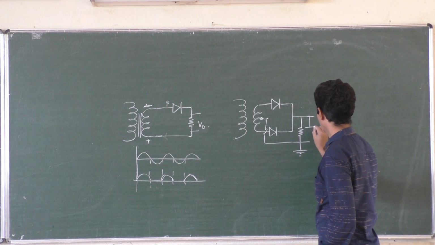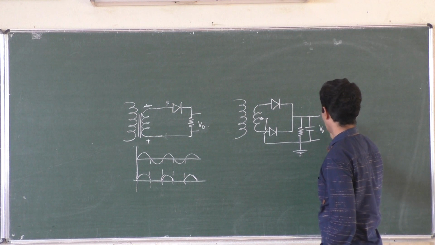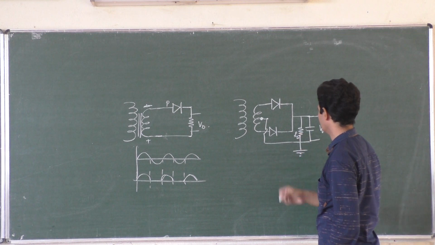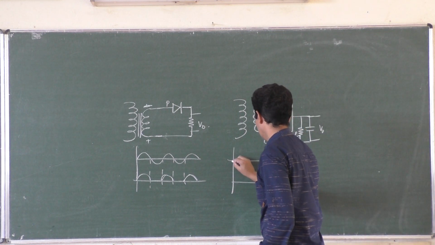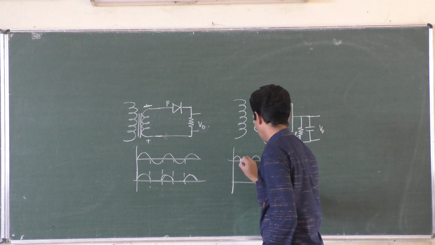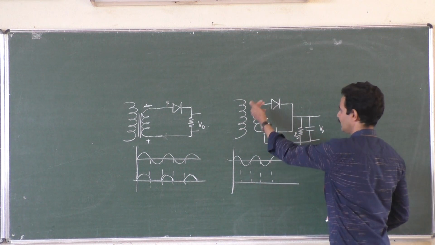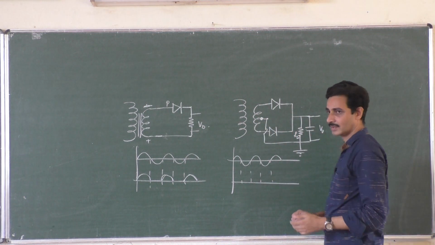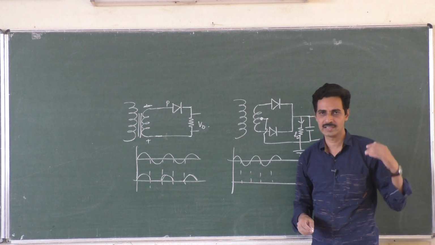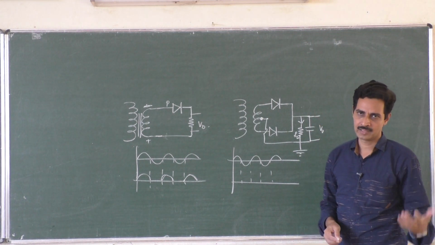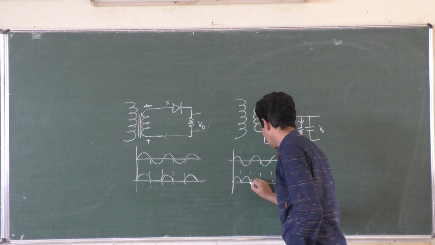And usually we use a filter called a capacitor filter. Why do you use a capacitor filter? This is the load resistance, and here, okay, we will see that capacitor filter. So this is the input, and output will be obtained from one diode or the other, but whether this diode is conducting or that diode is conducting, output is always in the same direction. That is, current flows in the same direction through the load resistance RL. So we get output during both half cycles like this.